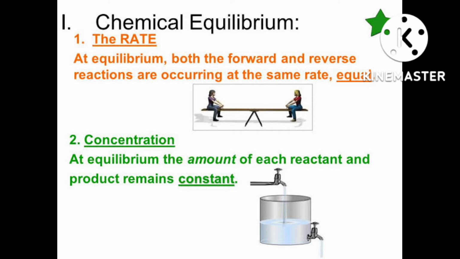Because when reactant is converted to product, quickly this product again converts to reactant, reactant to product, product to reactant. This process will continue, means both processes, forward and backward, will continue. Okay. After some time there is no change in the concentration of either the reactants or products. This stage of the system is the dynamic equilibrium.